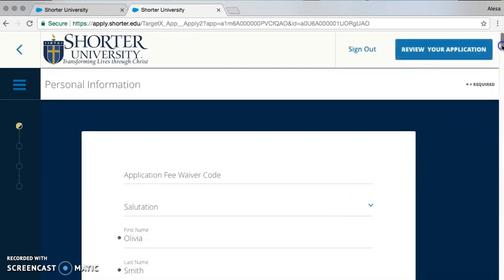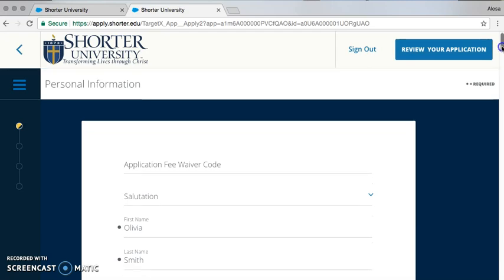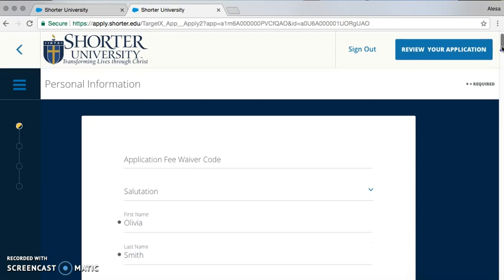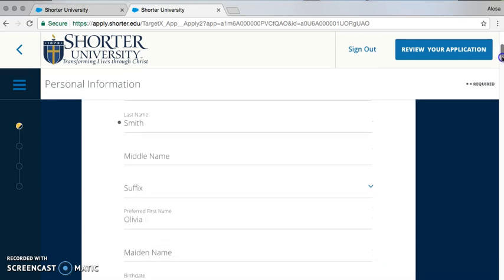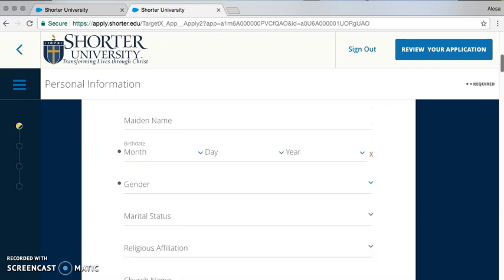Alright, so as we go through this application, you'll notice that there are dots beside the information that we will need, and you will not be able to move forward unless that information is in there. So your name should have populated, and then you'll need your birth date,